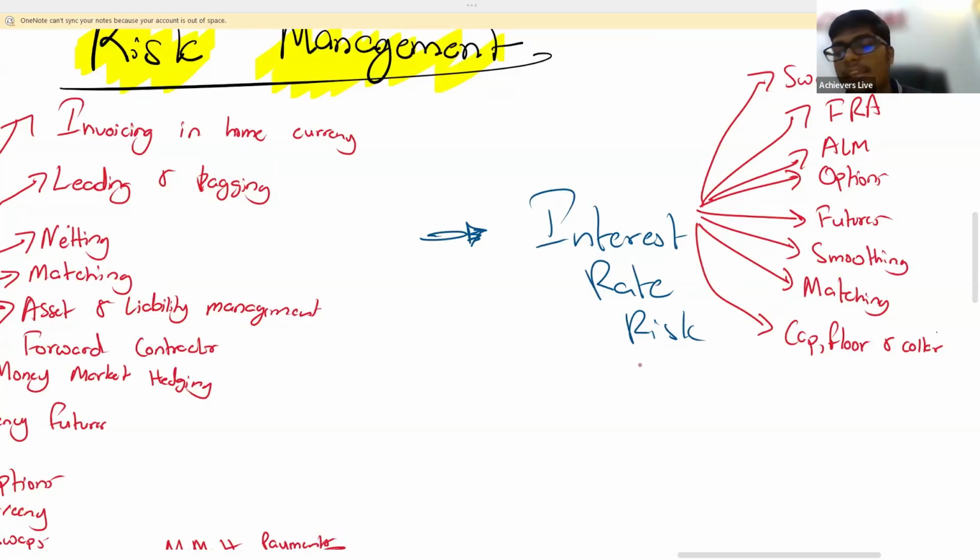If you are going to borrow money, if you are using futures, what will you do? Buy now, sell later, or sell now, buy later? You will do a sell now, buy later. You will do a buy now, sell later. If you are going to deposit money, you'll do a sell now, buy later. Remember that. So, is that it for interest rate management? That is it for interest rate management.